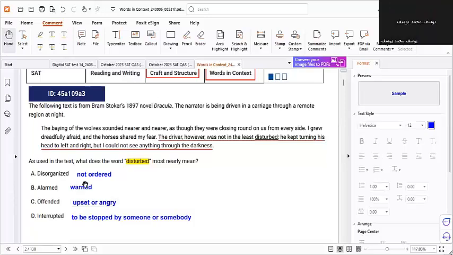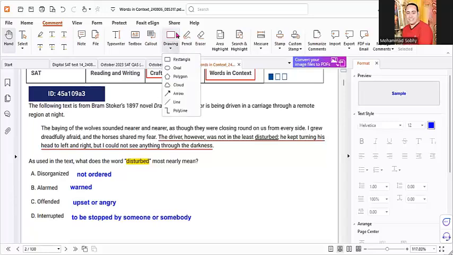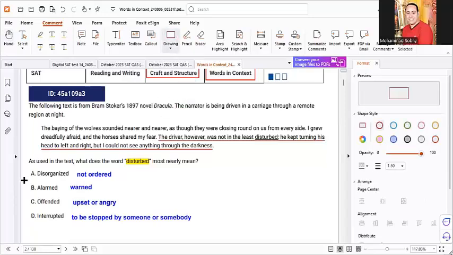B. It's B, alarmed. Okay, so the driver is not alarmed. He didn't even feel angry or afraid to be alarmed because the car or the bus is completely closed and everything is covered and he's driving on the road. So he's not even alarmed. He was just looking here and there to be ready for any type of danger.